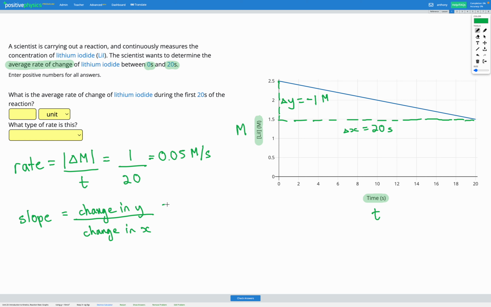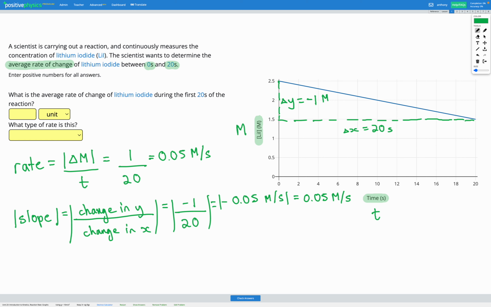Again, we can fill that into our slope equation down here. Our change in y was -1, our change in x was 20. That gives us a slope of -0.05 molar per second. But remember, we don't actually want the negative sign there. So I'm going to put some of these symbols around our equation to show we don't actually care about the positive or negative. We just want the absolute value. So that's going to get us 0.05